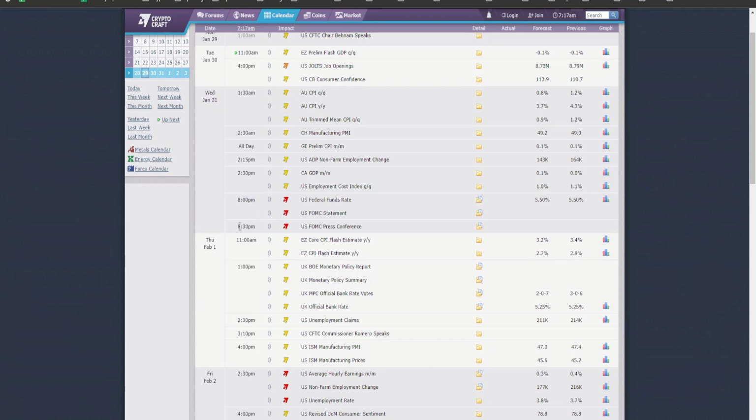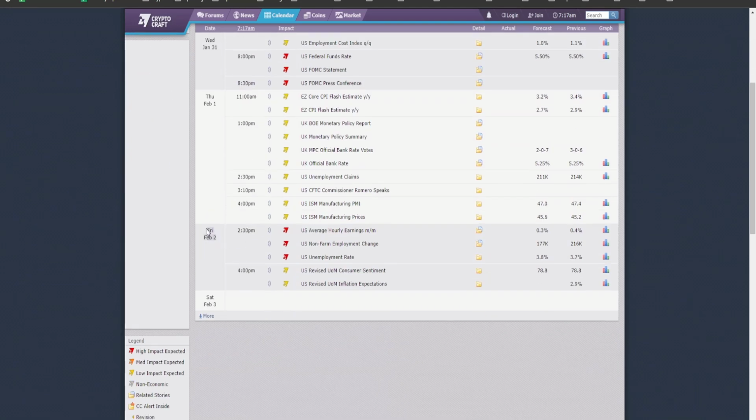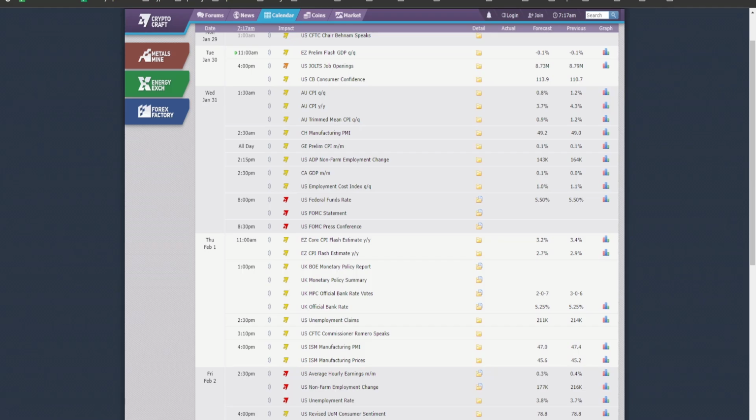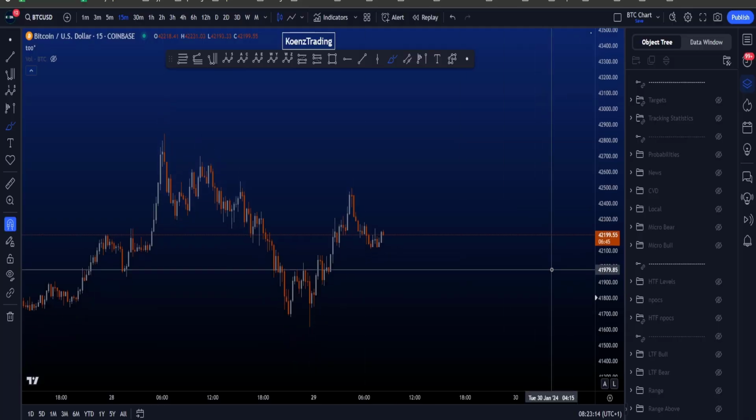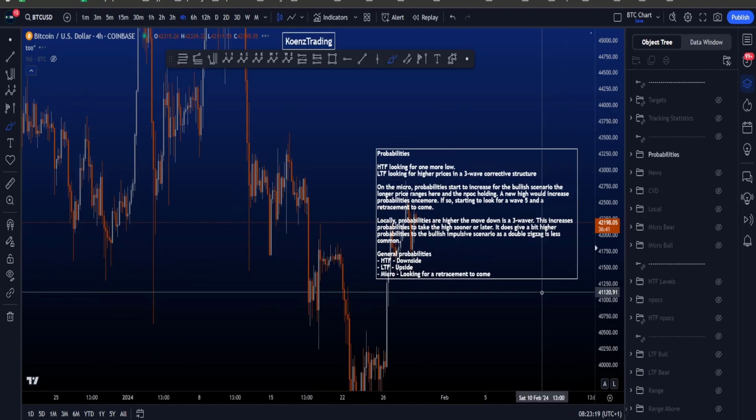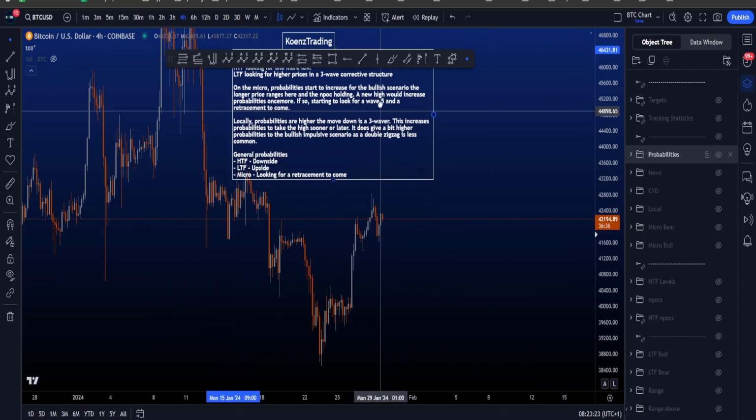Central European Time and 8:30 p.m. Central European Time, and also on Friday the 2nd of February at 2:30 p.m. Central European Time. So make sure you trade safe around these hours, because price might be extra volatile at that moment. So if we then look at the probabilities of the different scenarios, then on the high time frame, which